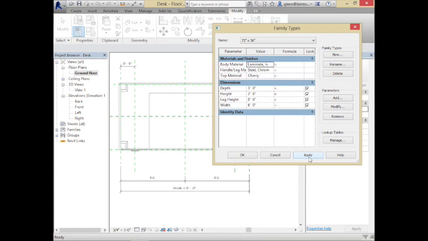So for example, if the table is 6 feet long, maybe it only has 4 legs. But if the table is 9 feet long, it'll actually have 6 legs. Or if it's 20 feet long, it'll have 8 legs. So you can build in all these formulas that automatically array different things and add elements as necessary when things get bigger. So we'll learn how to create very smart objects, and that's ultimately what you're going to be doing